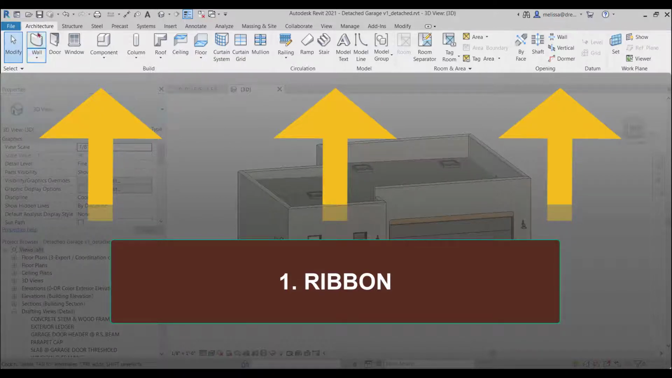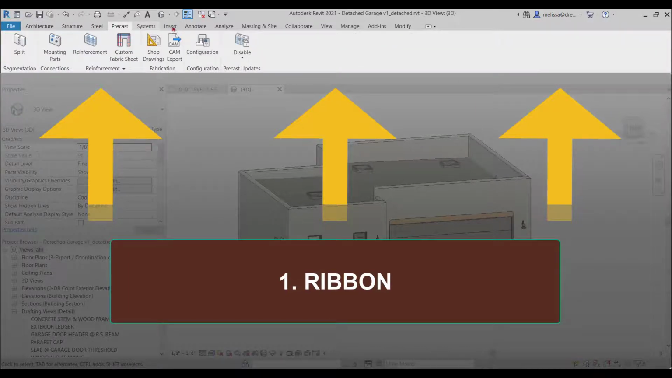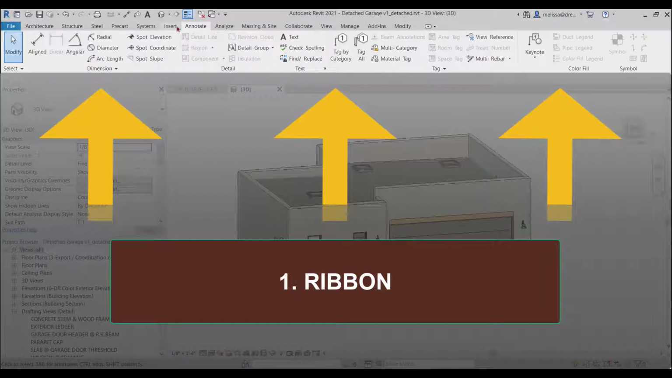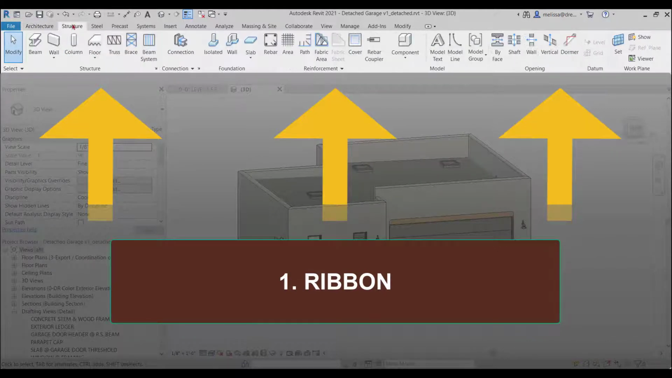Within the ribbon, you have tabs, so you can see through. These are tabs that I'm scrolling through. And within each tab, you have tools. So here are the tools. In the Architecture tab, you'll find common architecture tools: wall, door, window, roof. In Structure, you'll find structure tools, so beam, column,